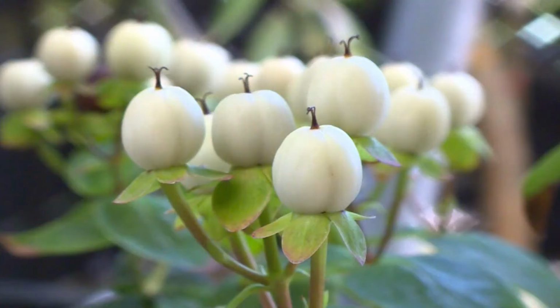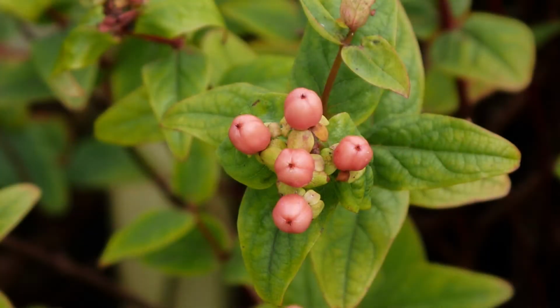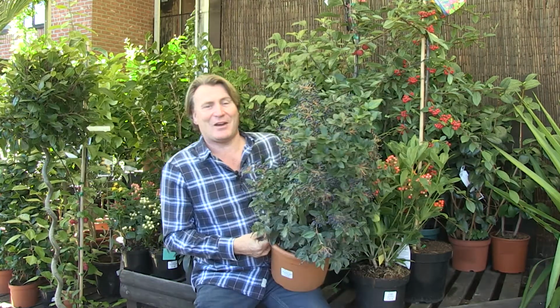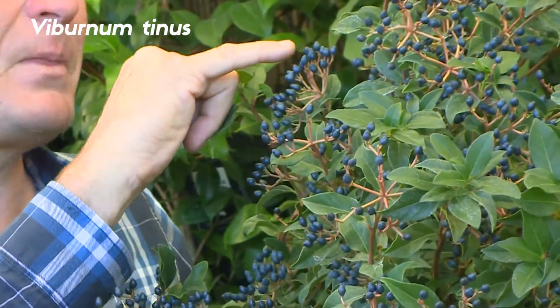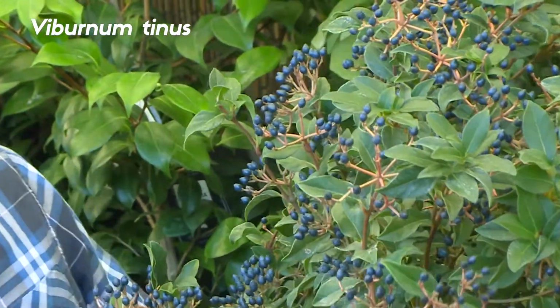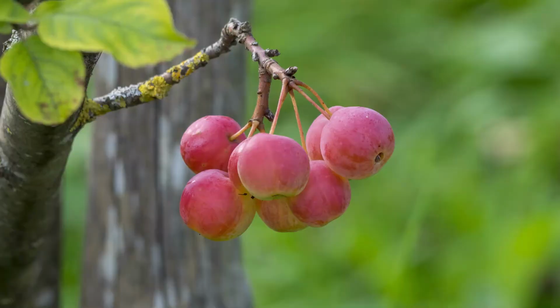But not all berries are just down to being white, red, and pink. You get some blue ones too. Now this is a Viburnum tinus that's just finished flowering, and look at the massive colours. They're almost a pewter type colour. It's quite haunting. It adds a different dimension into the garden,